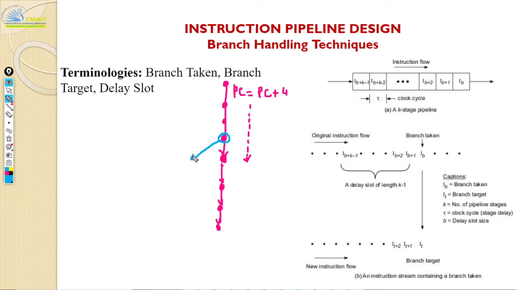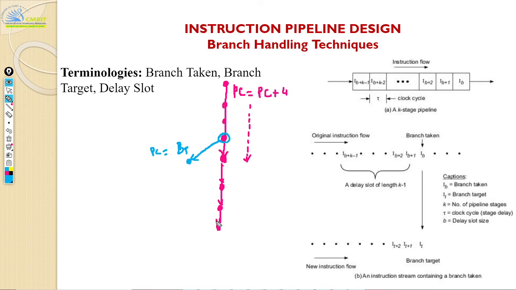Okay, and that is called the branch target. It's called BT, branch target. Your PC will be equal to the branch target, a new target. PC is not equal to PC plus 4 here; rather it is the branch target. Well, this branch target can actually be one of the earlier PCs, where it's a loop, but you don't know, right? So it could be any branch target.